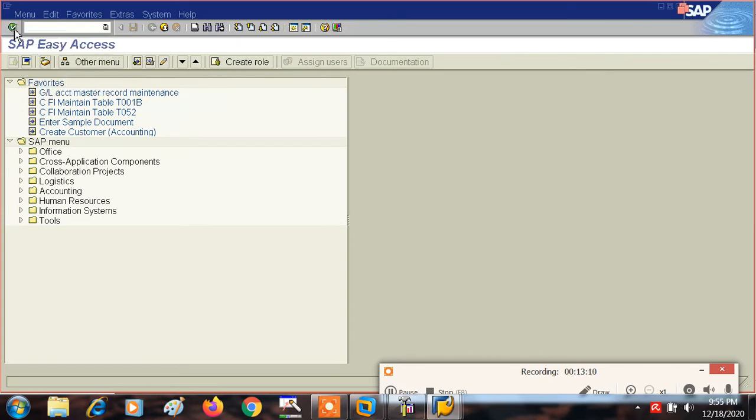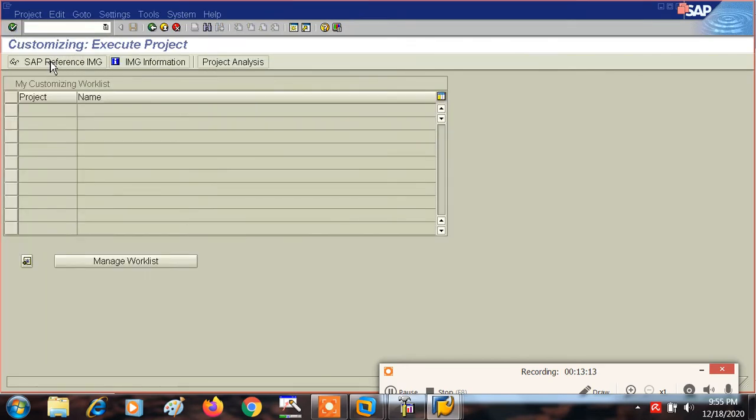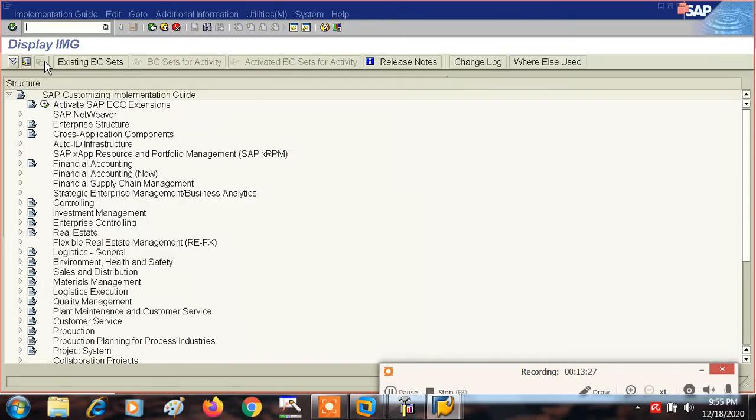SPRO. So I am going to tell you the transaction code as well. For field status variant, the transaction code is OBC4, and for assignment of the field status variant with the company code, the transaction code is OBC5. So